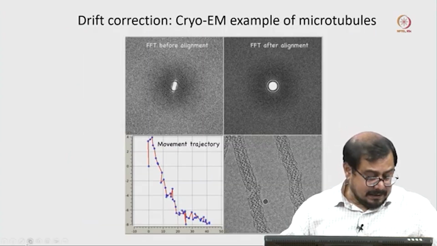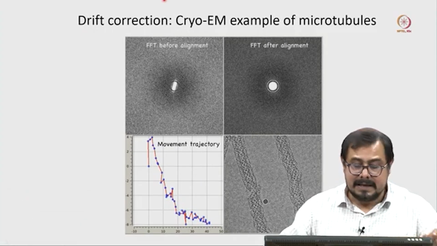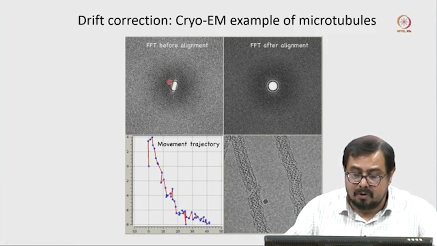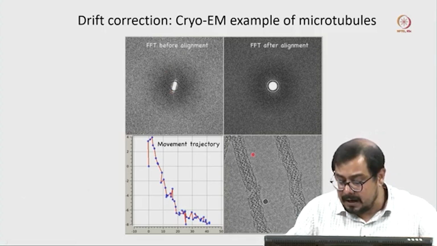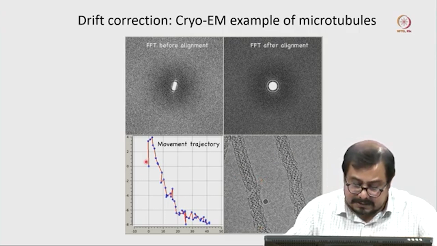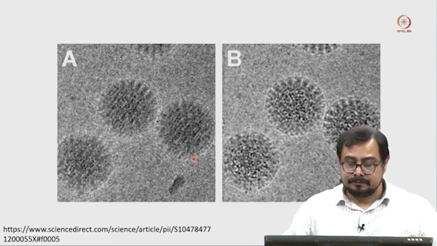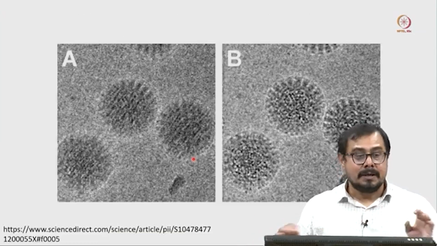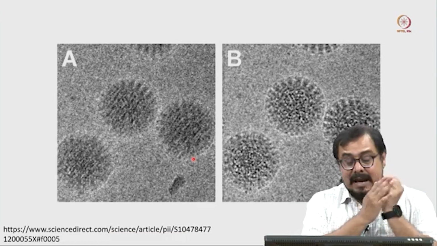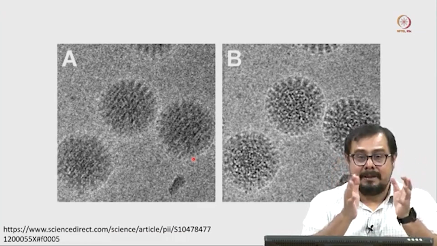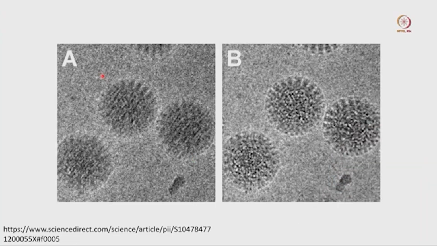Okay, there is another example I am showing you here, where you can see the FFT before alignment and the FFT after alignment, and there are some microtubule images where you can see the movement of these individual frames, and this is the movement trajectory. Now I am showing you some images where you can see how this motion is affecting our actual images. So here is an image of a virus before drift correction,